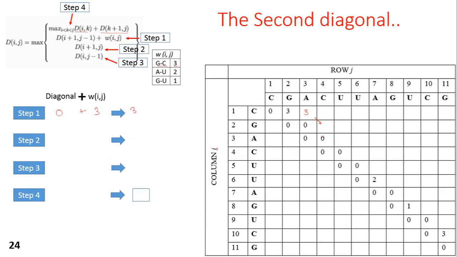Then what is its column contribution? 0. What is its row contribution? Again 0. We cannot do step 4, therefore we have got 0. What is the maximum of 3, 0, 0, 0? We have got 3, therefore 3 would be placed over here. Okay,